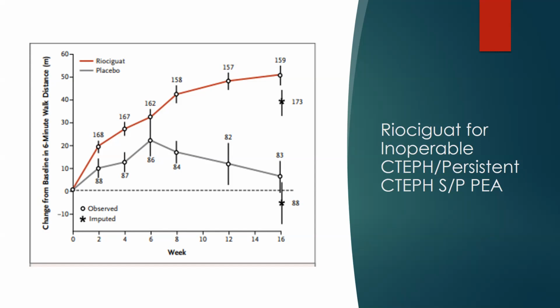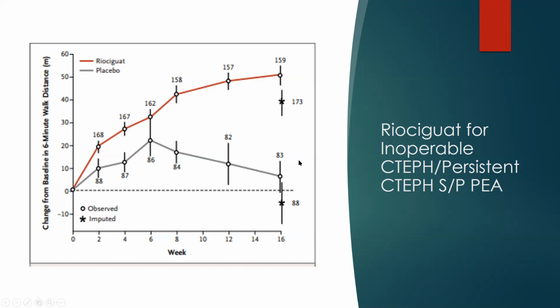You can see here that there is definitely an improvement from baseline. So what we're looking at as our primary outcome is the change from baseline in their 6-minute walk distance from 0 all the way out to 16 weeks. In the riociguat group, we see an improvement of about 39 meters in their 6-minute walk, and on hemodynamics, their PVR actually goes down too. For those that got placebo, they actually had a drop in their 6-minute walk distance by 6 meters, and